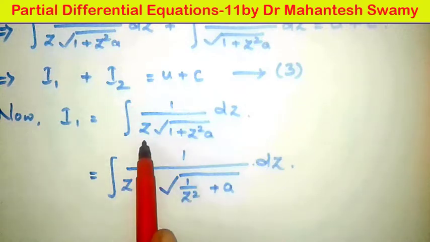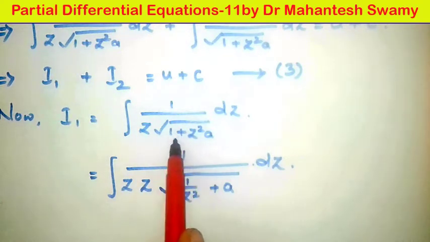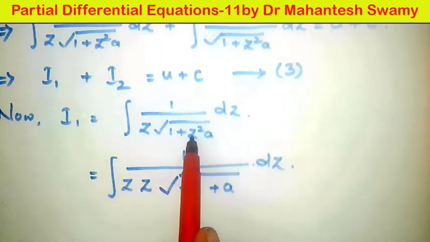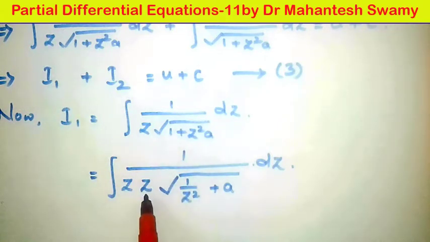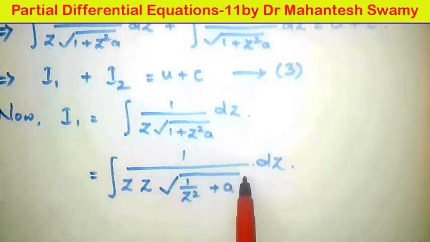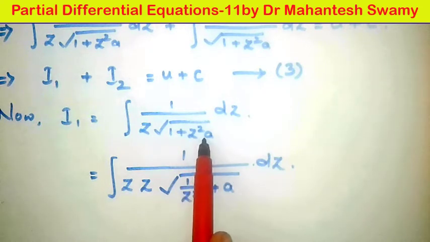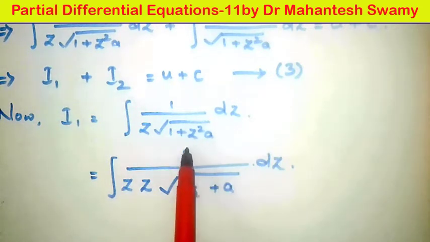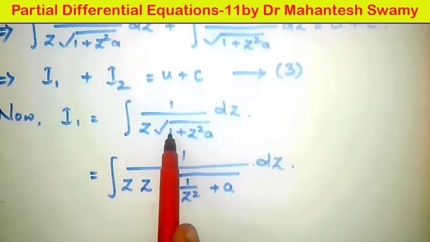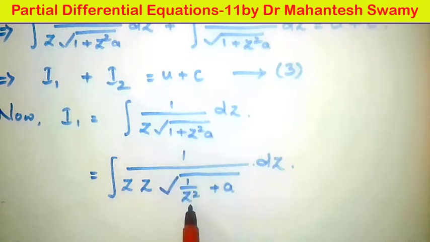Once again I will explain what I have done here. In this square root we have taken z square common, so when it comes outside the square root it becomes z, and the thing remaining within the square root will be, with this only a will be remaining because z square has been taken outside, and here no z square term is there, therefore it is 1 divided by z square remaining. So now this is 1 by z square as it is here, 1 divided by z square.